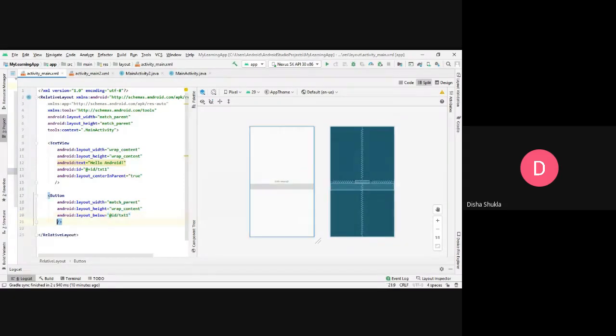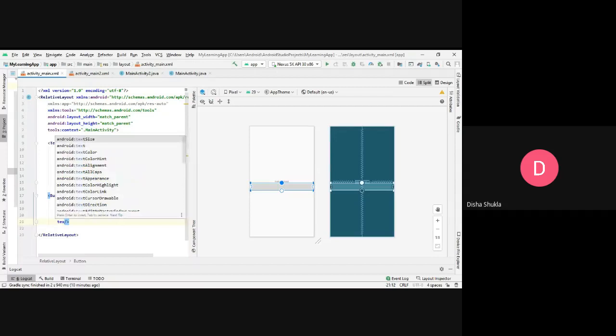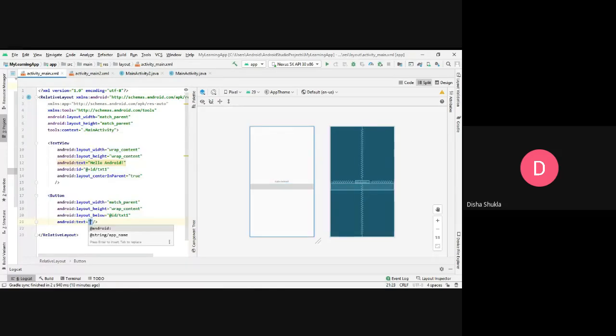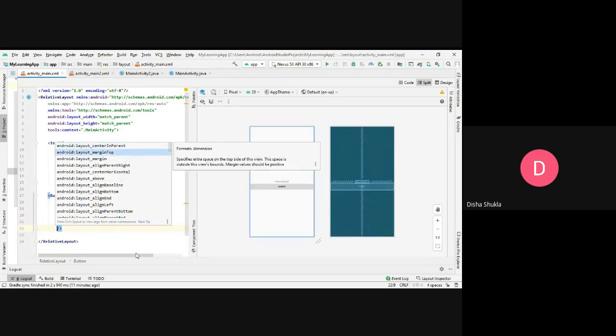Now I want to just show something on this button, like submit. So what I will be doing is just using the text property. For example, I'm using text is equal to, and then I will be writing submit over here. If you can see here, the text has been shown on the button. After that, what I want to do is, when I click on this button, I want to go to a different place.